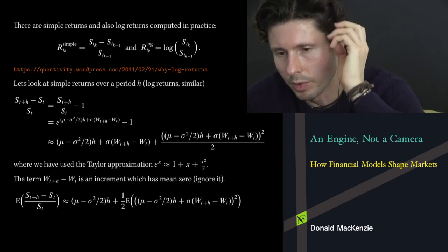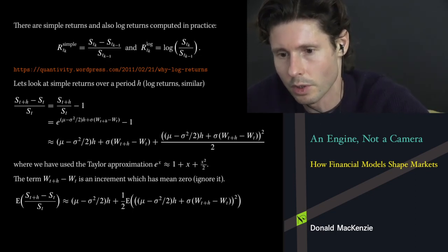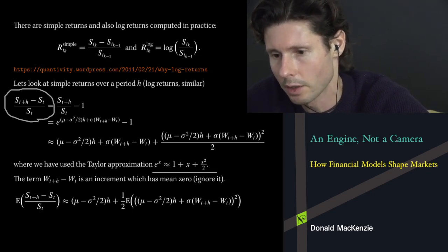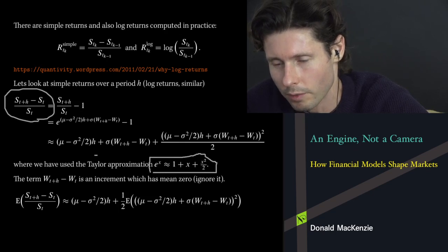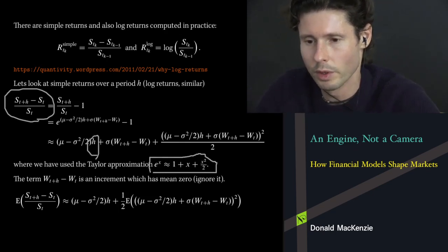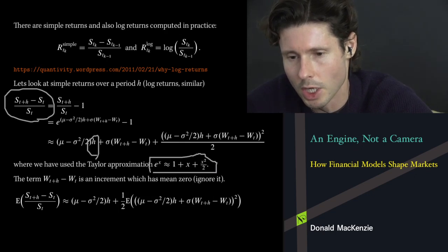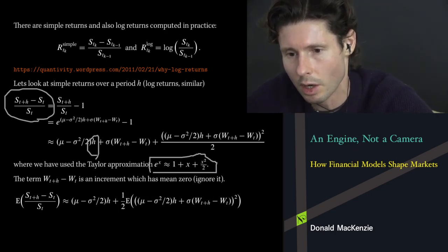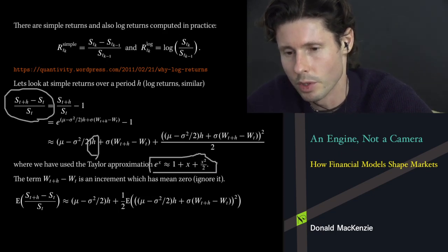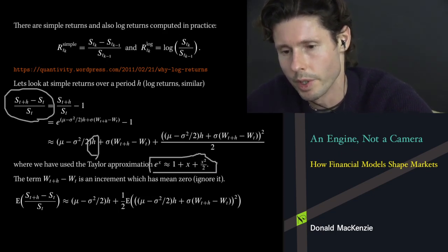So what we're going to do is run through some simple calculations. I'm going to start with the simple return, and we're going to apply a Taylor expansion of the second order. You'll see why the second order is important. We're going to aim to keep terms that are of order h. So we have a little bit of a window of time. The price is changing in a window of size h. T is the current time, and then we're looking at the closing price at t plus h units from now. And so this is the return over a period of time h, starting at time t.